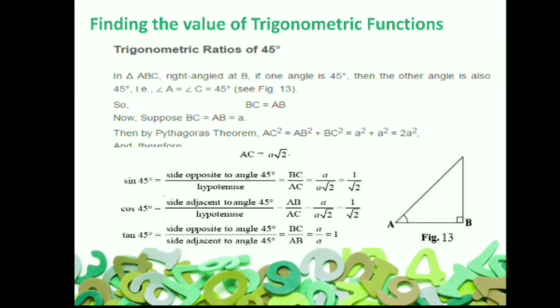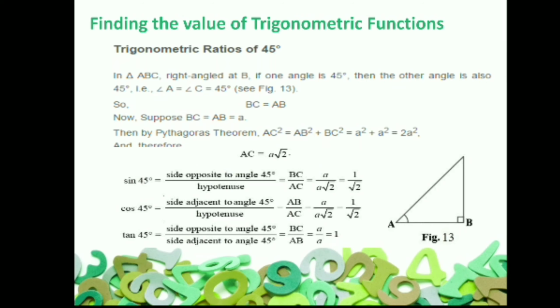So the value of cos 45 is equal to 1 upon root 2. Now the third one is tan 45. Tan theta is equal to perpendicular upon base. Perpendicular BC and base AB are the same, so a and a cancel,